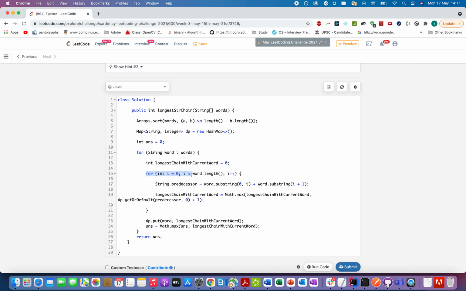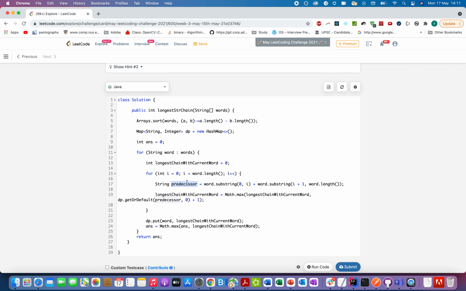So I started an iteration starting from the ith index going up till the length of the current word, so that I can generate predecessors with respect to the current word. The predecessor would be equal to word.substring starting from the 0th index going up till i, plus word.substring i plus 1. Remember, not i plus 1 going up till word.length.